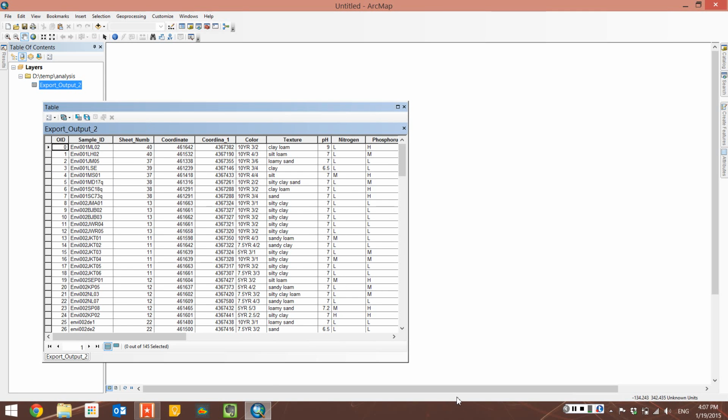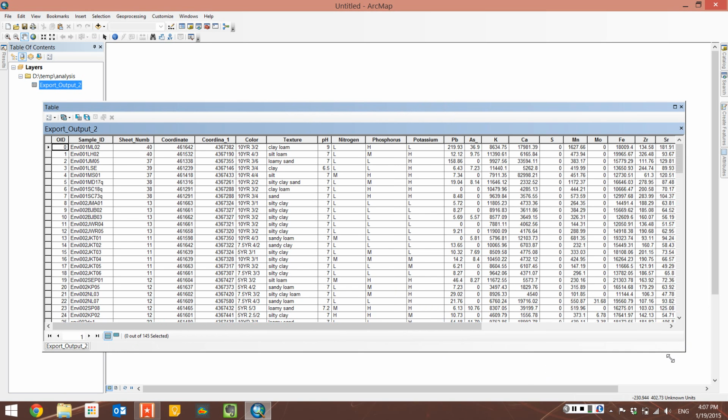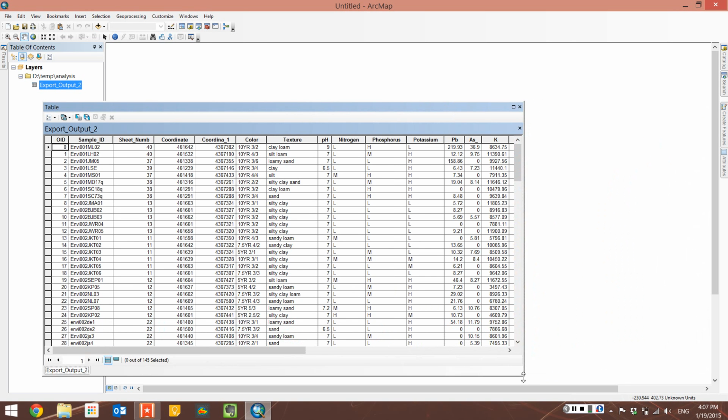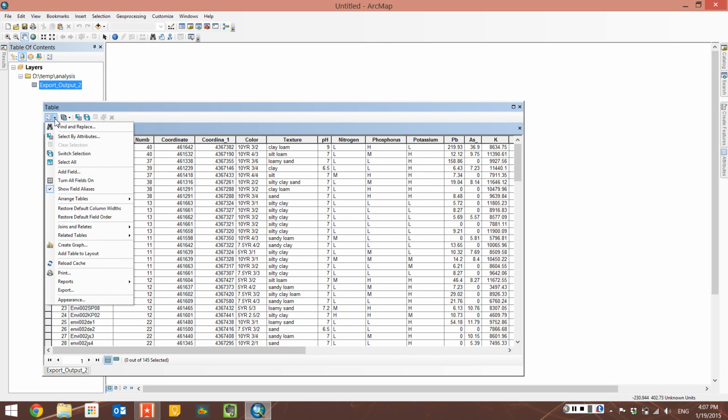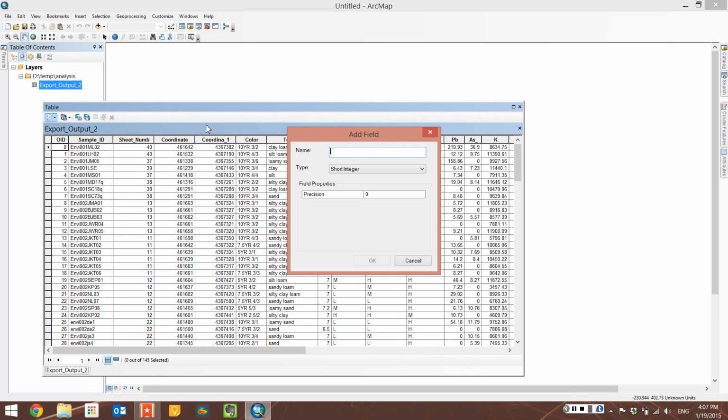And then, provided it's a standard file format that ArcGIS can handle for analysis purposes, so that would be a DBF or an info table, these sorts of things, you can actually just click on the table menu here and go ahead down to add field. You want to give the field a name, and also select what type of data this field is going to